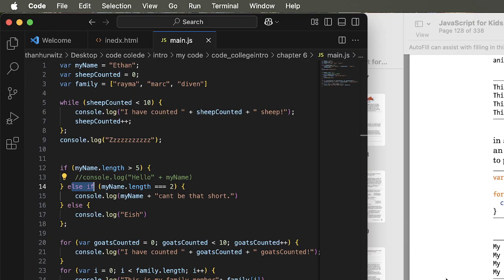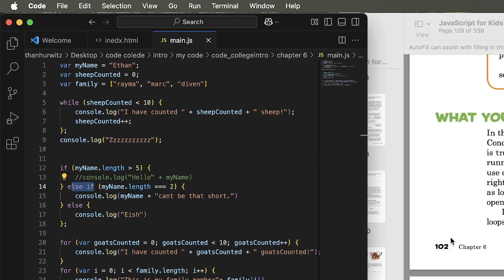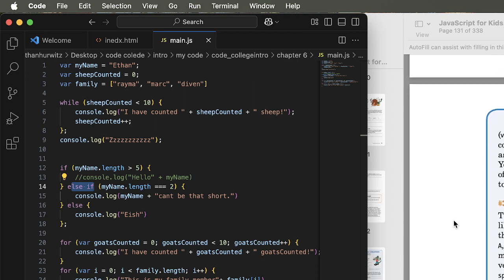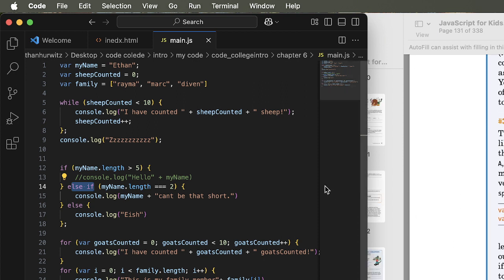Statements, other ways to use loops, what we learned about. And then one other thing we learned about was